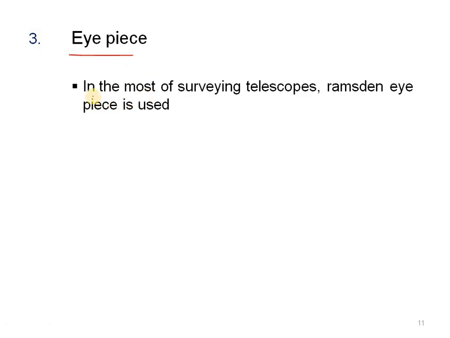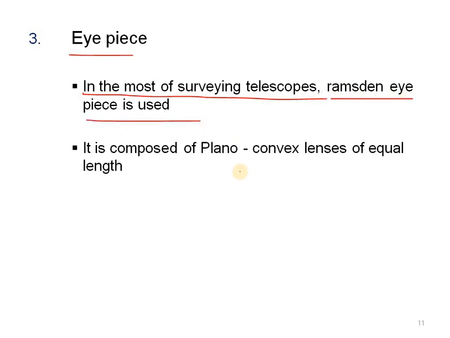And the third one is the eyepiece. So the eyepiece is very important. If the eyepiece is not clearly there, we cannot see the object. In most of the surveying telescopes, the Ramsden eyepiece is used. Remember here, in the telescopes which are used in the dumpy levels, as well as auto levels,